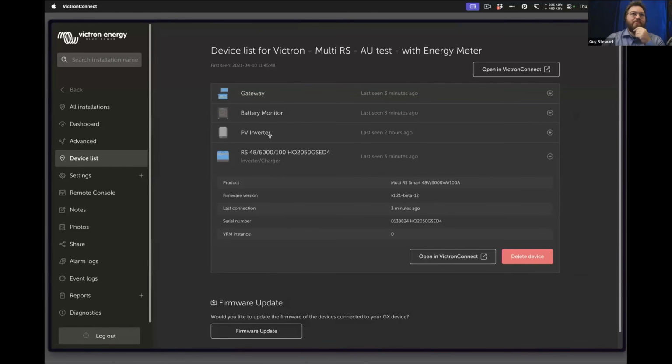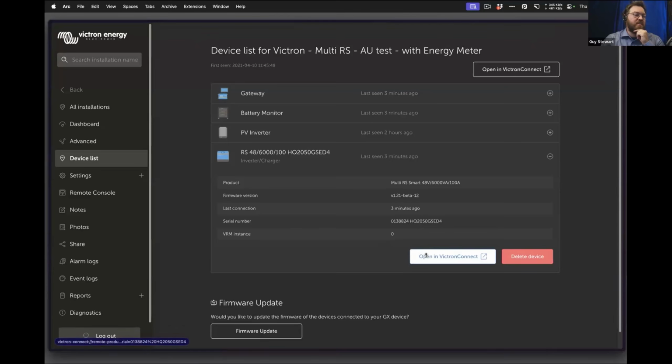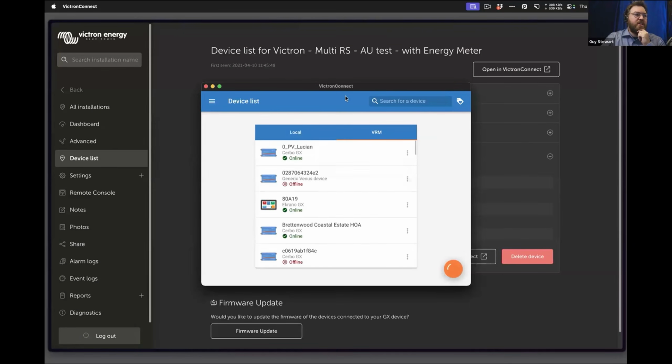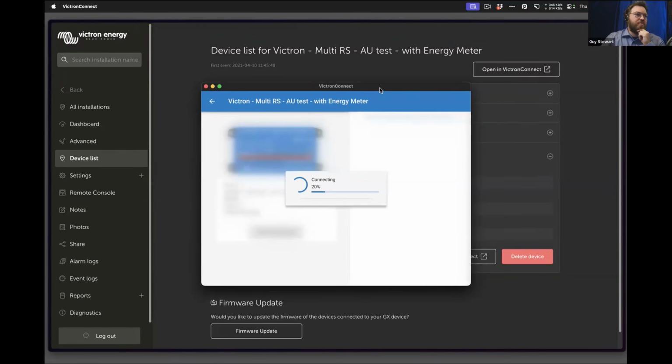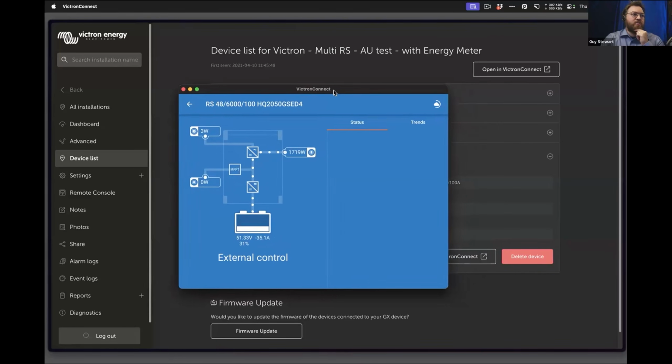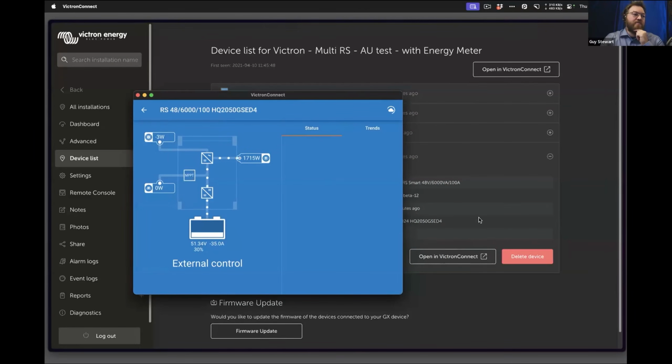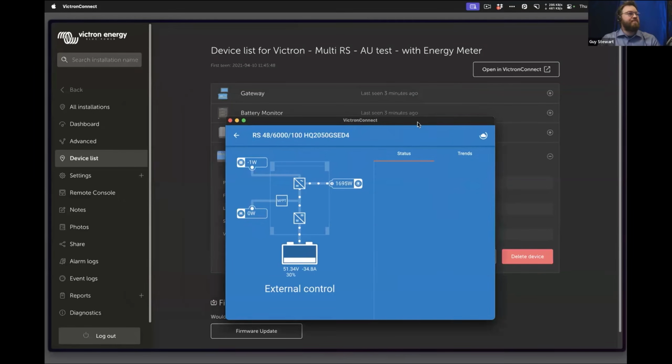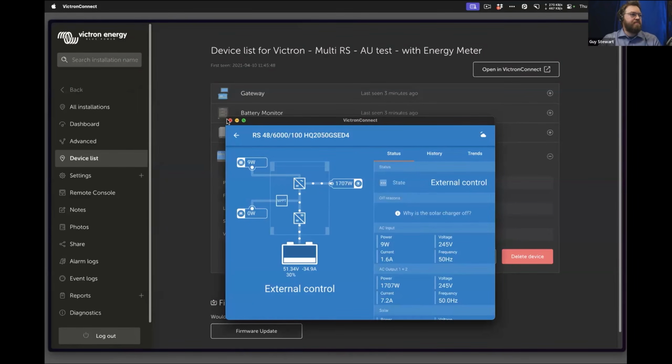That's just where I am. When I think about my fleet level view, I think VRM, and then this tool allows me to hit in there and access it. There's one thing I'll say. If you find when you click this Open in Victron Connect button, you get an error message saying the site's not online for some reason. That can happen because it worked straight up this time. If that happens because the site hasn't connected to Victron Connect in time before the message goes through, just leave Victron Connect open, and then you can click any of the sites and it'll open up immediately. It still has to do the downloading of the settings setup, but otherwise, that's how it works.